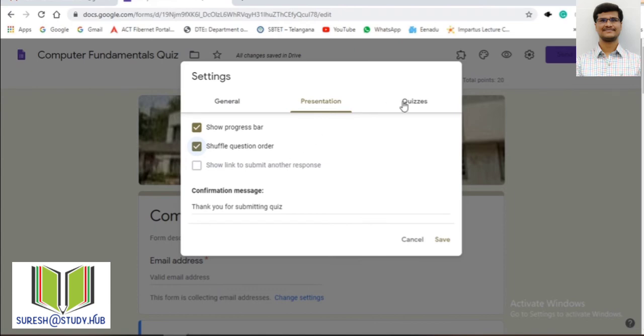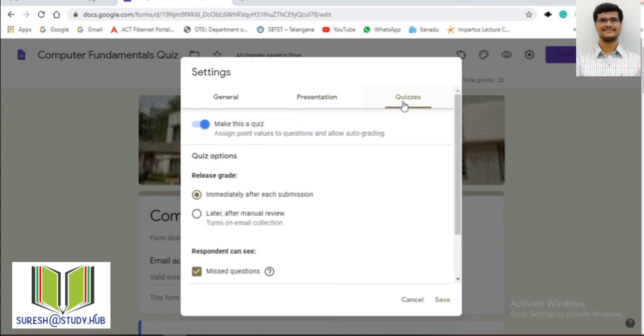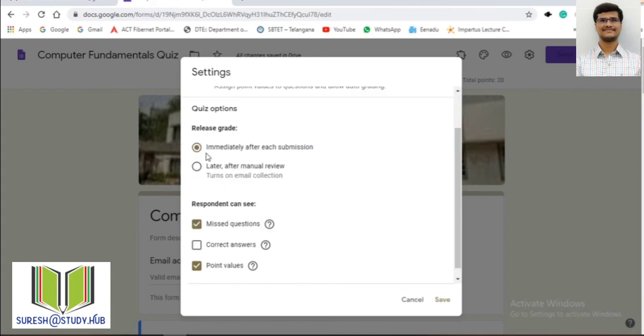And one important option in case of quizzes is this quizzes. Okay, make this as quiz so that we can assign the points to these particular questions and also add some answer key. And whether you want to release the grade immediately after each submission, after the student submits the quiz, whether I want to give the marks. That is this option.